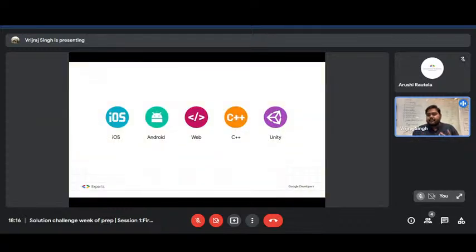One of the best things about Firebase is that if you are an Android developer, you can create UI applications with iOS, and then you can connect your iOS application directly with Firebase. Same with Android or Flutter, or if you are using web technologies, you can directly connect your Firebase project with web JavaScript, and same with C++ or Unity for game development.